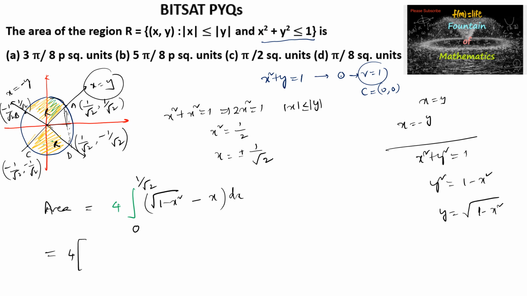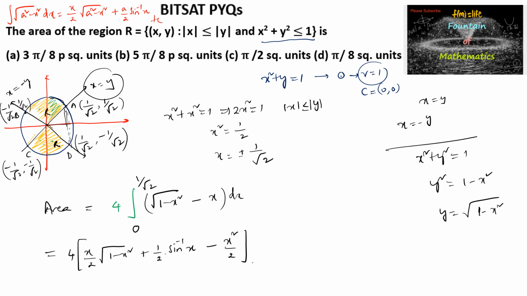So I can write here integral root of a square minus x square dx is equal to x upon 2 root of a square minus x square plus a upon 2 sine inverse of x plus c. So we can write here x upon 2 under root of 1 minus x square plus a upon 2 sine inverse of x, and integration of x is x square upon 2 over the limit 0 to 1 by